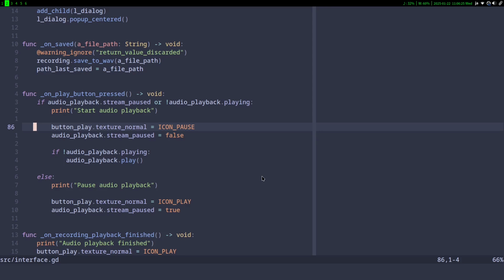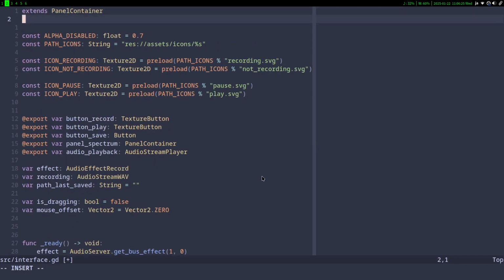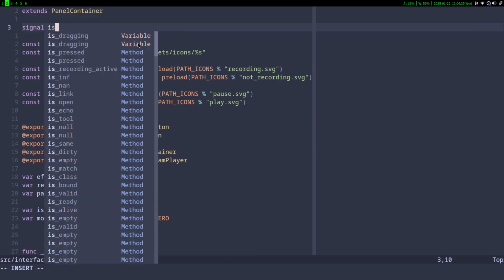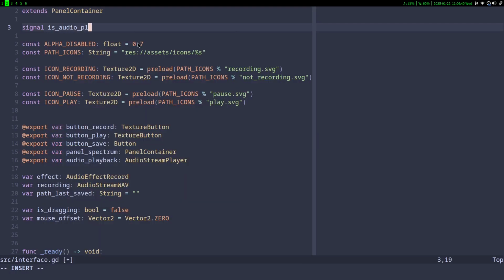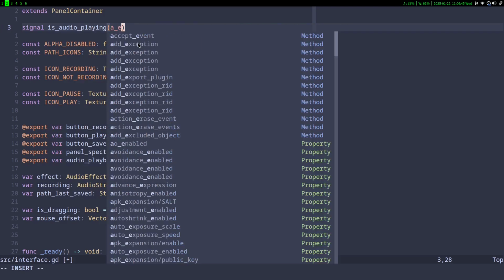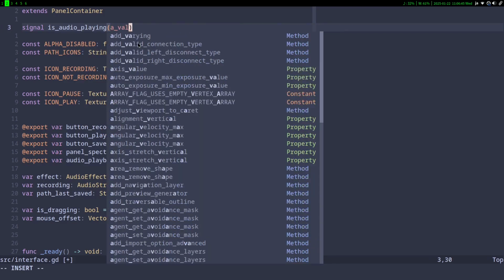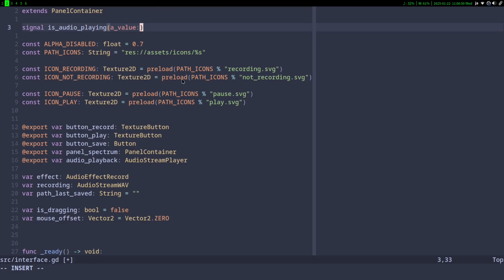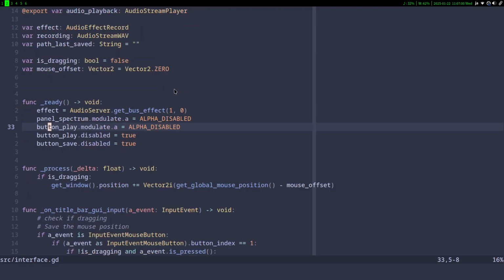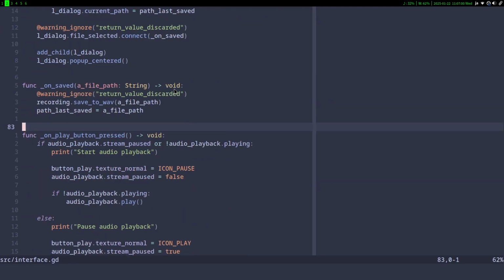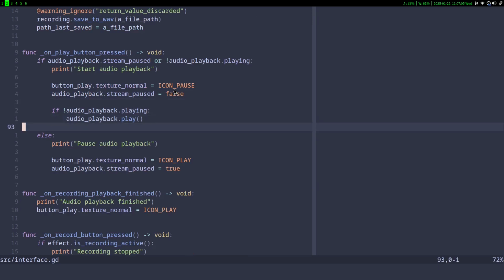We call it is audio playing, and the argument that it gives is going to be a bool. So is audio playing? Let's quickly copy that,